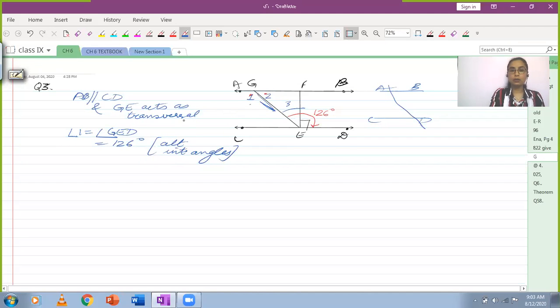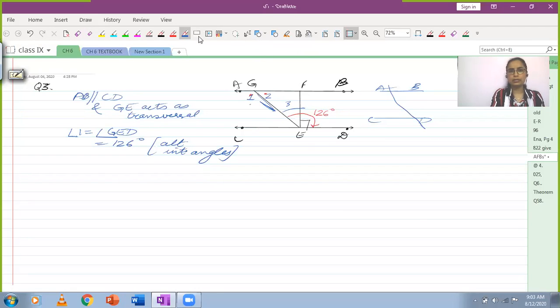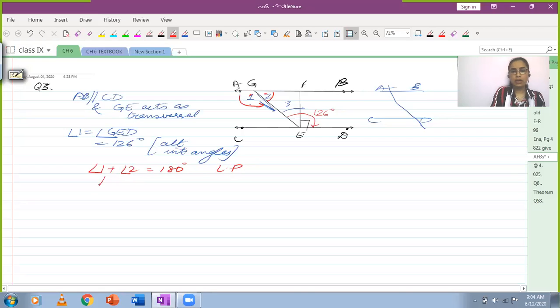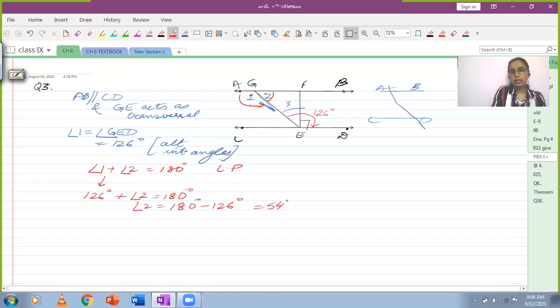After that, after angle 1, which one can be calculated easily? Angle 3. Angle 2. Angle 2, angle 3, both can be calculated easily. You can now do it in any order. To find out angle 2, I'm going to take help of angle 1 because they're forming the linear pair. So angle number 1 and angle 2, they form a linear pair. We have the measure for angle 1 evaluated already. So from here, you can find out angle 2. Angle 2 will come out to be 54 degrees. That's correct. And after this, you can go ahead and find out angle 3.